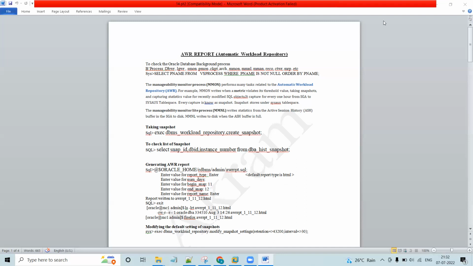So how exactly, as a DBA, do I generate the AWR report? With the help of snapshots. Snapshots are created by the manageability monitor, on an hourly basis. Based on your requirement you can increase or decrease this time, but by default the manageability monitor captures a snapshot every 1 hour. With the help of those snapshots, as a DBA I generate the AWR reports to analyze